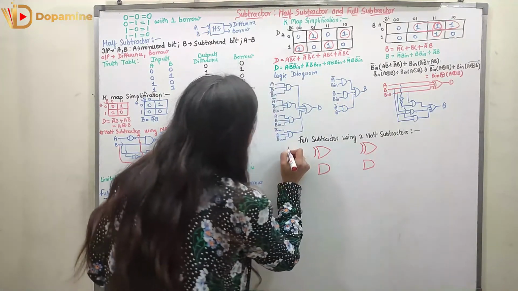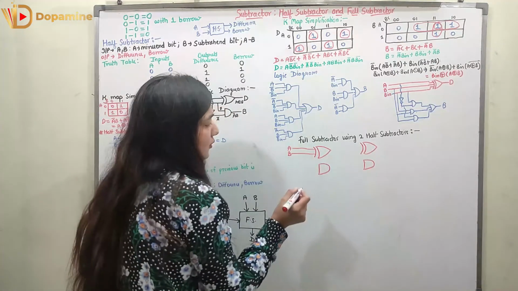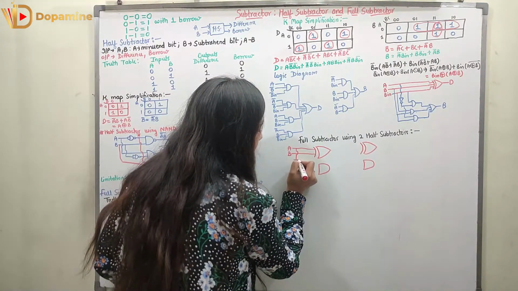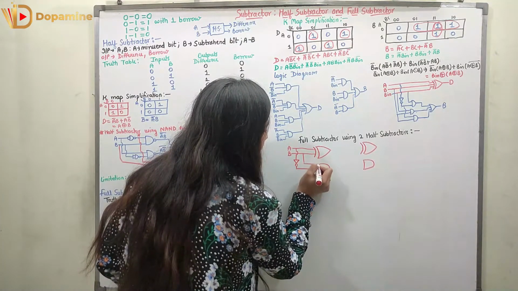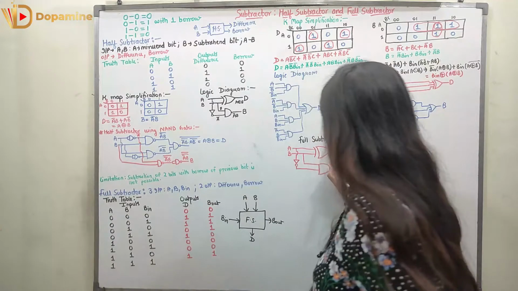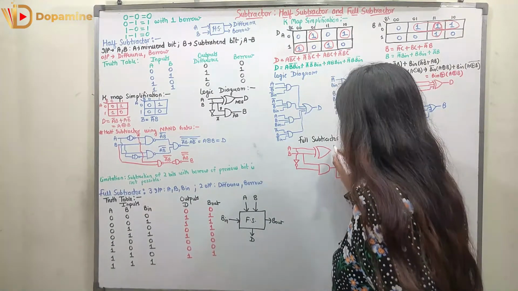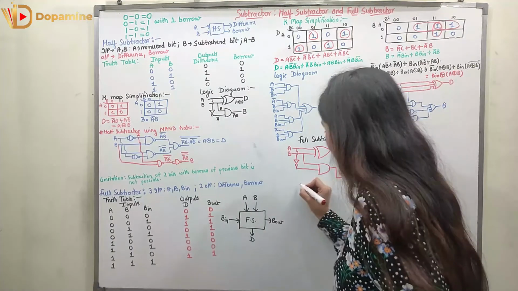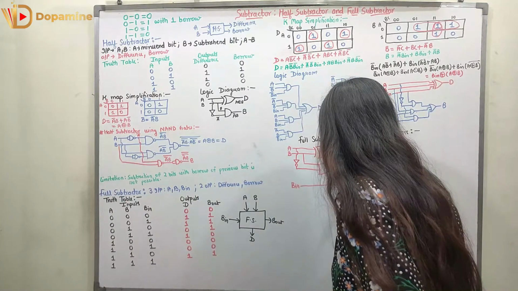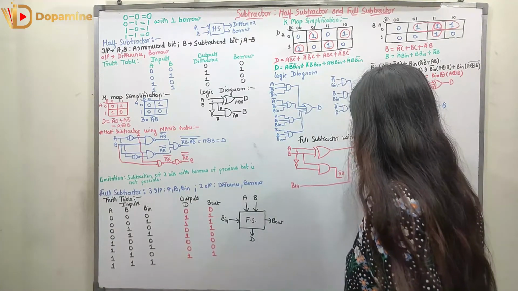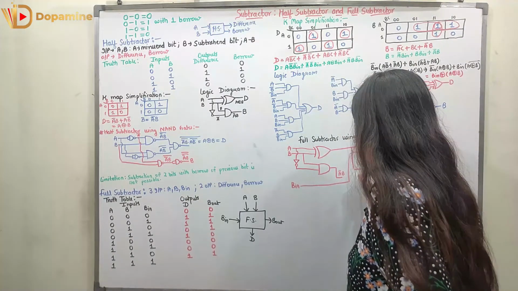So now here I have two inputs, A and B. Both of the inputs are sent to the XOR gate. Now A is taken and inverted, and this inverted part is sent to the AND input, right? So now here I will get A bar into B, right? This XOR is sent over here and the third input is B in. I take B in over here and also B in over here, and this XOR over here,